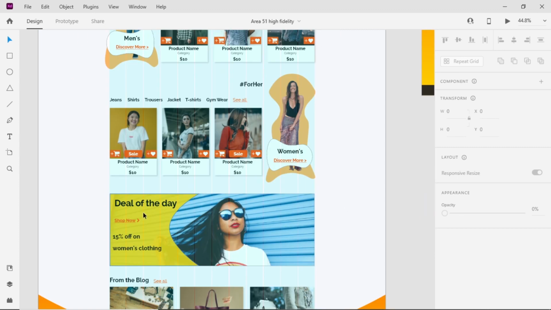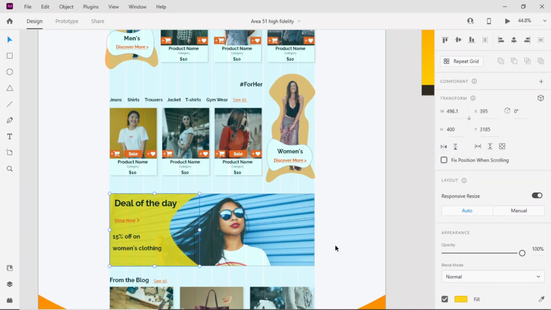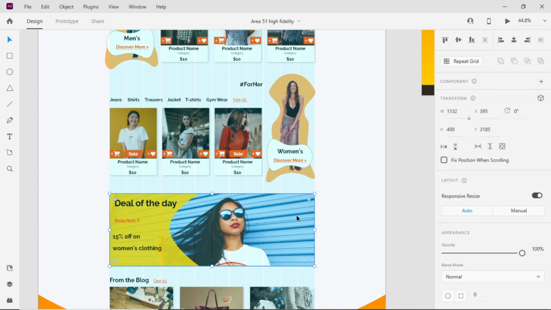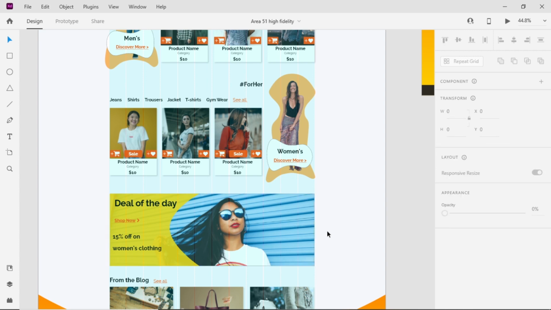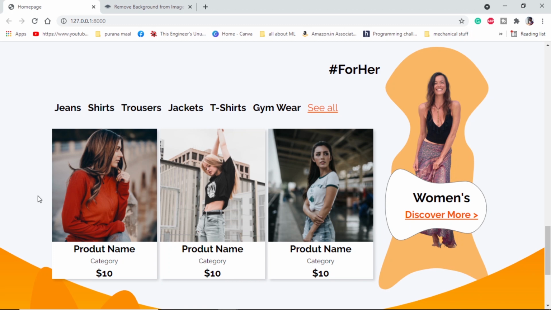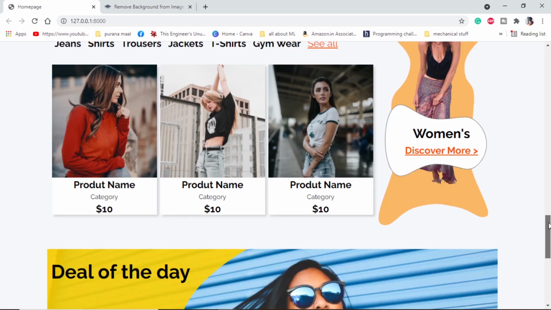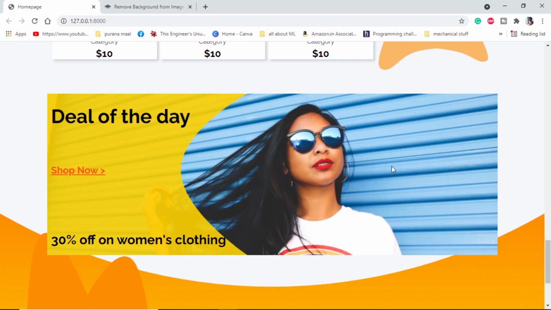From our UI design, we can see that we have added for him for her section. Now we need to add this deal of the day section. What I'm going to do is I will simply use one image, give the height of the image, which will be 400 pixels. Then I will use exported SVG to be placed on the top of image, and this text to be placed on the top of SVG. So again we will be using absolute positioning and the z-index. Let me put the HTML and show you. After adding the HTML for offer section, let me refresh. If we scroll down, we can see that this is an image, and on top of that our information is there.